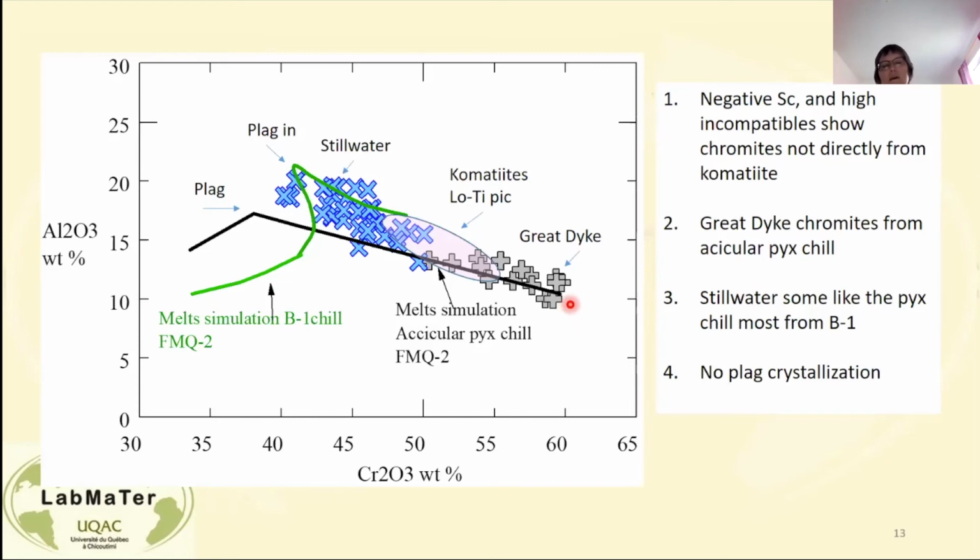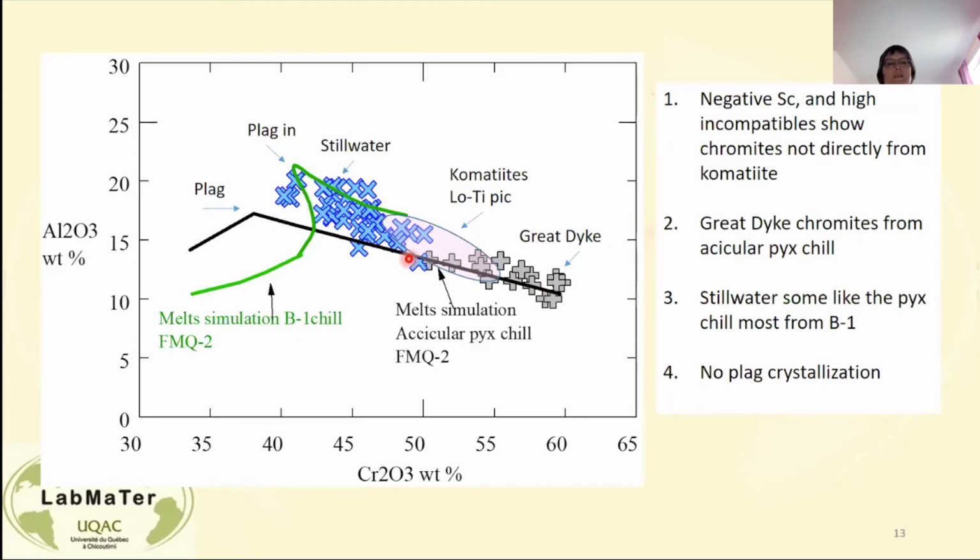We found a couple at Great Dyke and at the Bushveld. And that's the black line here. So that's what happens as you crystallize those. And at some point, plagioclase comes in and aluminium goes down. And along most of this line, at first you're just crystallizing olivine, but for much of the line, you're crystallizing olivine and pyroxene,